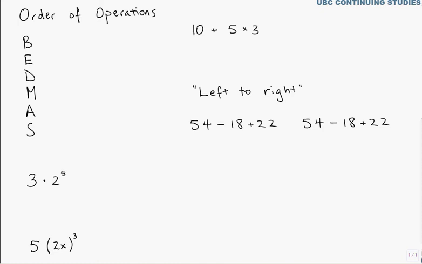Order of operations is a topic that causes a lot of grief if people aren't very clear about it. In different countries and different schools, there are often different acronyms to help people remember order of operations. BEDMAS is one common acronym, and the letters stand for brackets or parentheses, exponents,